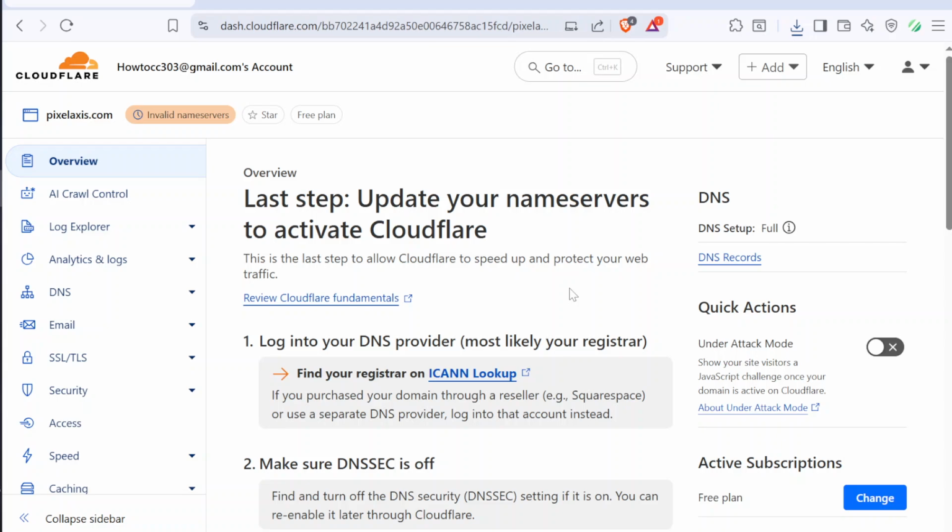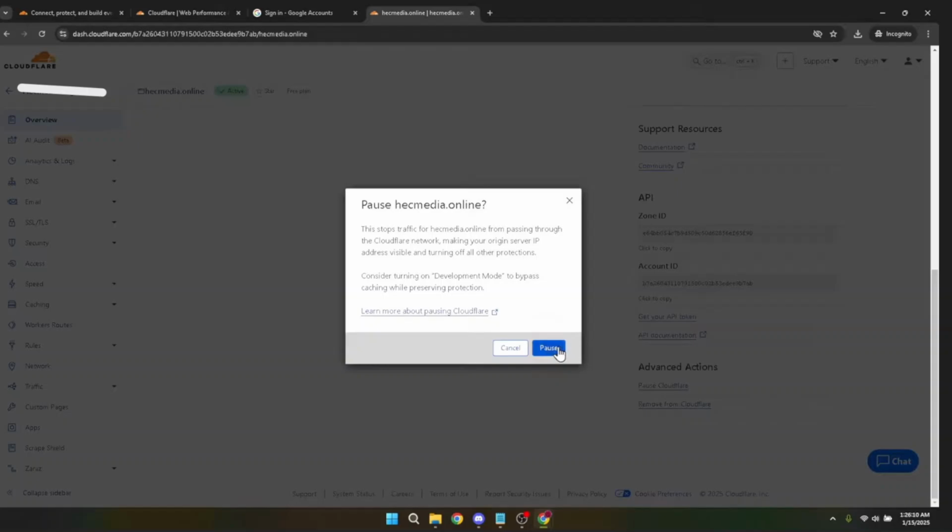Scroll down and look for the option called Pause Cloudflare on site. Click it to temporarily disable Cloudflare services for that domain. This will bypass Cloudflare's security, caching, and performance features, so be aware your site might load slower and be less